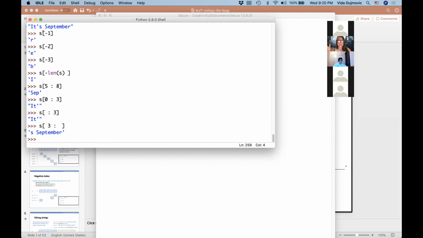Indeed, the lowercase s is at position 3. So hopefully now you can guess what this does. Omitting the first number means start at the beginning. Omitting the second number means go to the end. So this just returns a new string, which is a copy of the given string. You go from the beginning to the end.